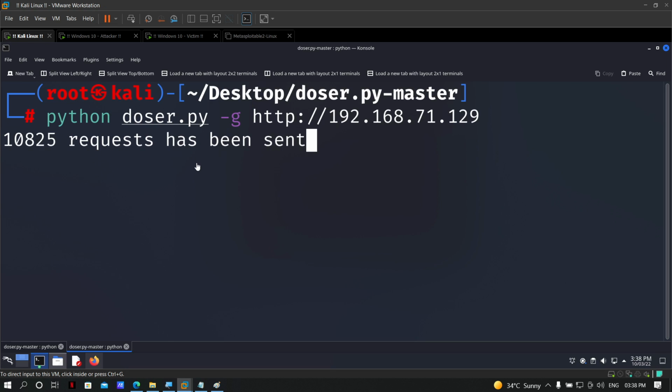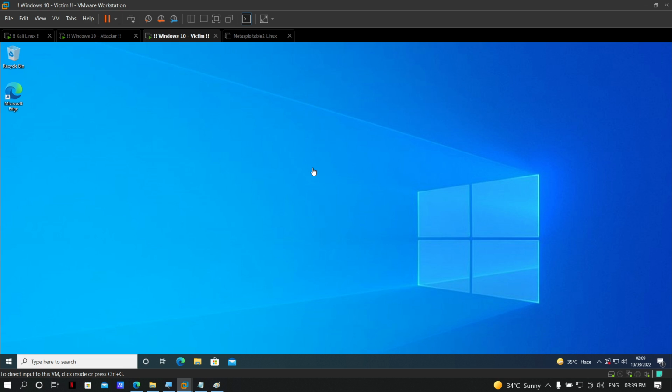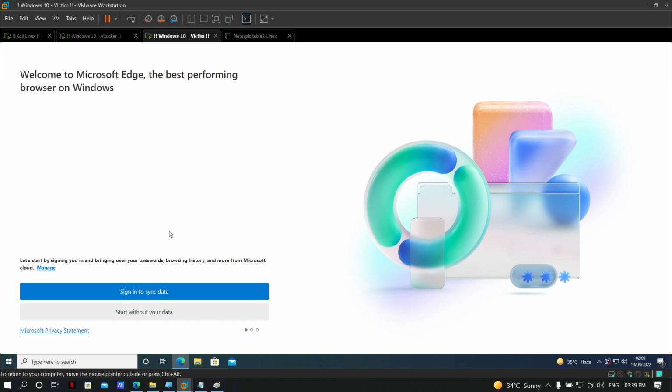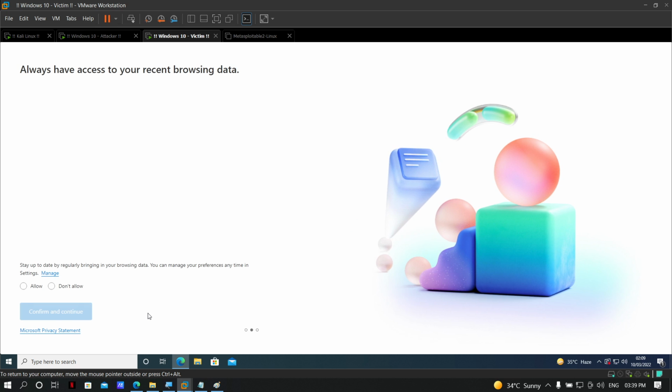But this is a simple DOS that you can perform with the help of your Dozer script. Other than that, there are many tools available for your Windows machines as well. One of them is LOIC, L-O-I-C, that you can try. So just go to the browser and search for LOIC. That stands for Low Orbit Ion Cannon.